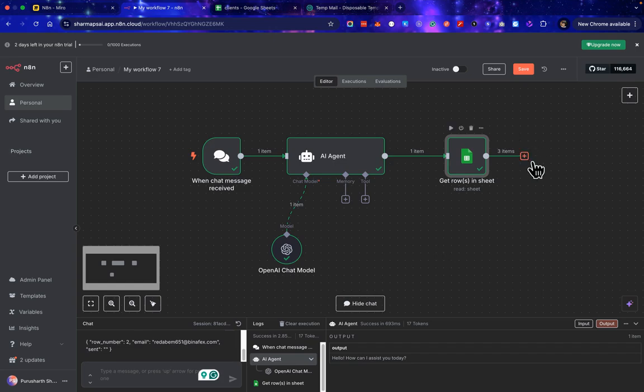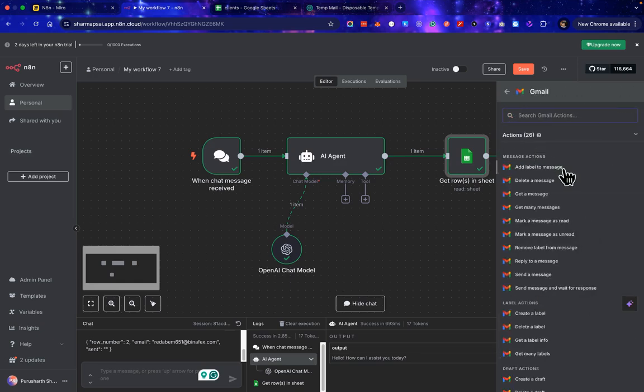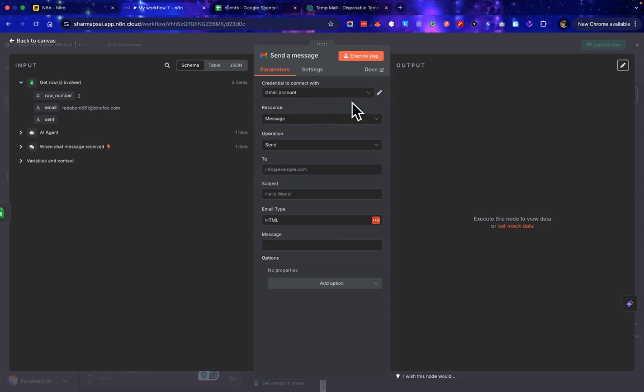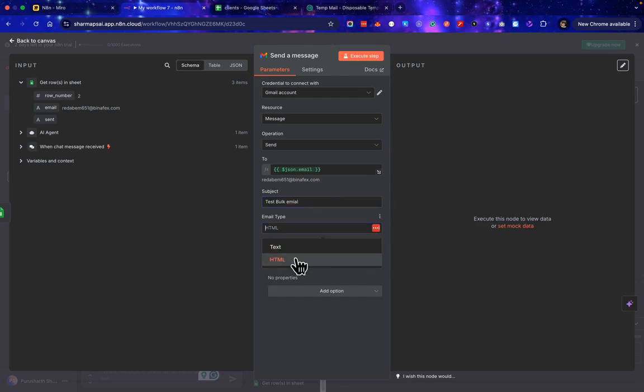So next I am going to add in this workflow my Gmail node. Operation will be send a message. Gmail account, all these credentials are already selected. For the to field, I am just going to drag and drop the email field, so it will take this particular email ID. Now subject is maybe test bulk email. Email type text, and my body is